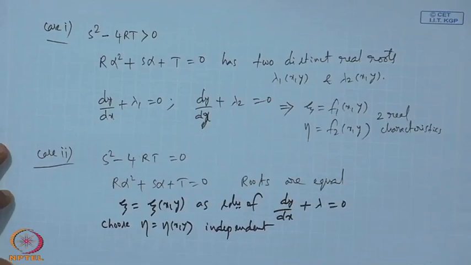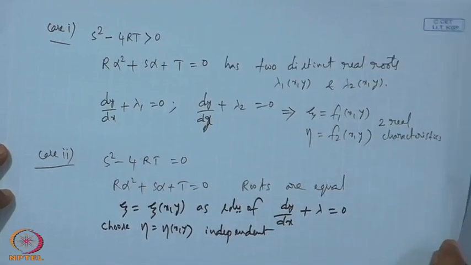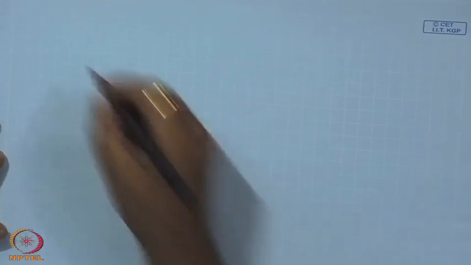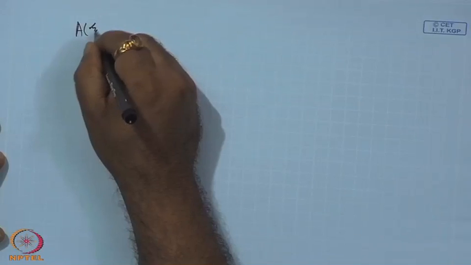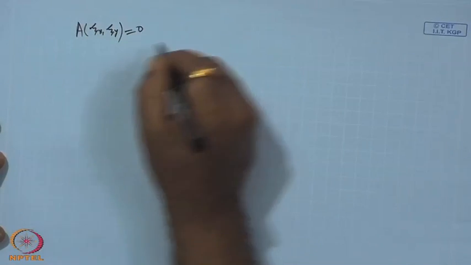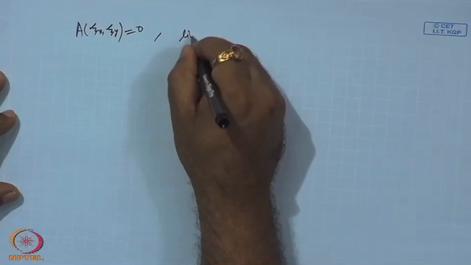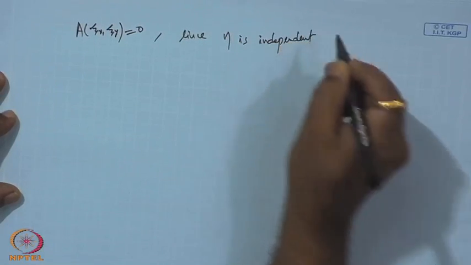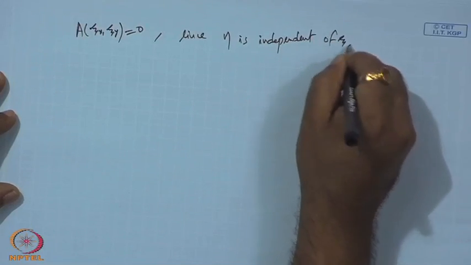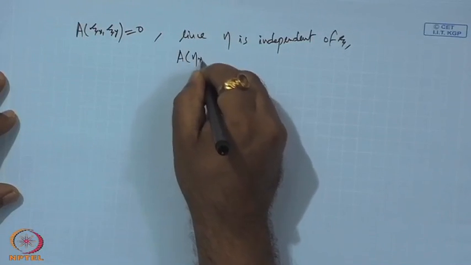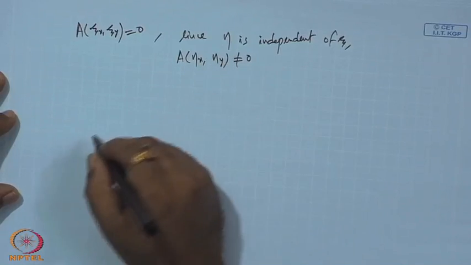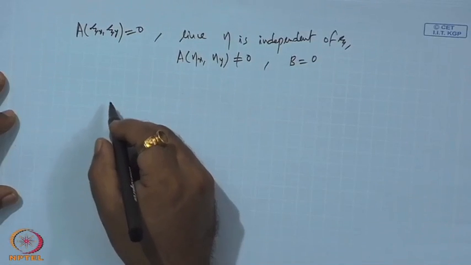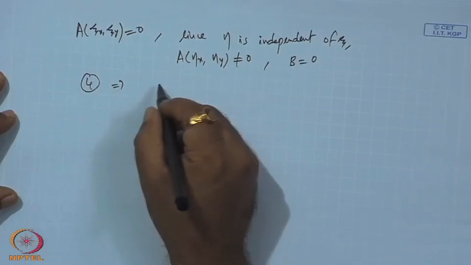So, if this is the case, in this case what would happen is we have a of zeta x, zeta y, and since eta is independent of zeta, a is non-zero and b is 0 in this case. So, the equation 4 reduces to